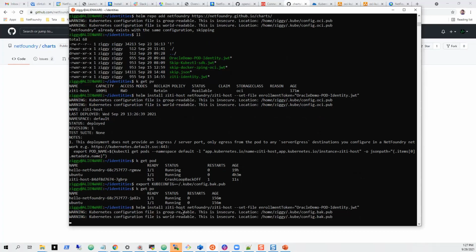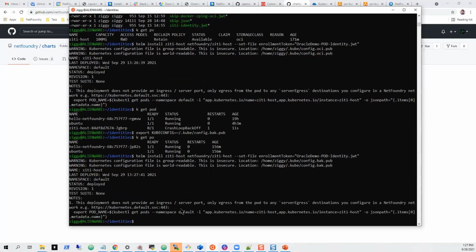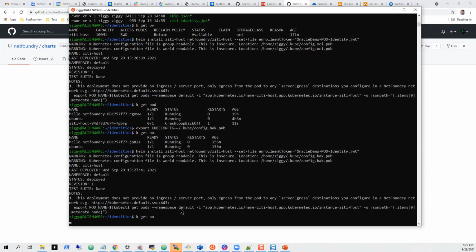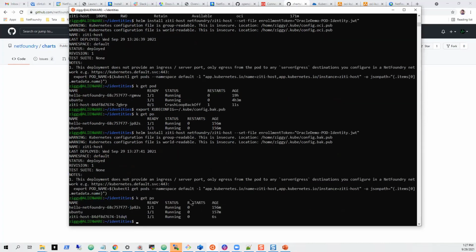And just for anybody paying attention to that JWT file, this is Clint speaking, developer on the OpenZD project. That JWT is a one-time use token. So you download it from the platform like Skip has shown, and then that token is used to do the enrollment of the pod, in this case, the ZD host pod that we're installing. And that's when your private strong identity gets created, and it never leaves the process space or the Kubernetes space itself. Just wanted to point that out while Skip was doing that.